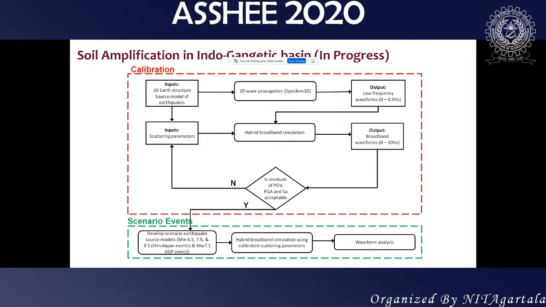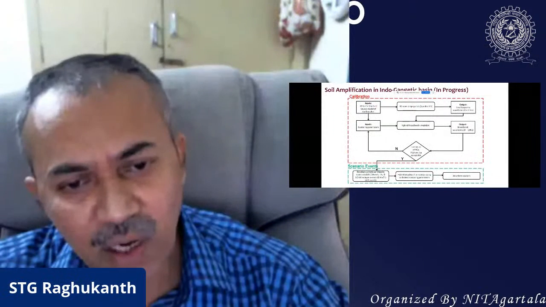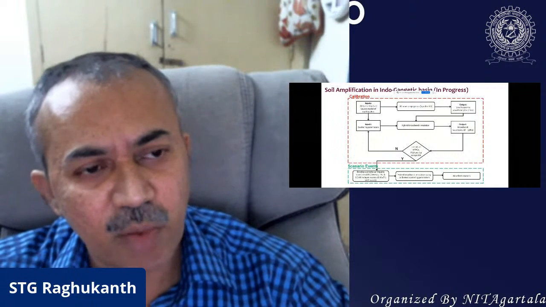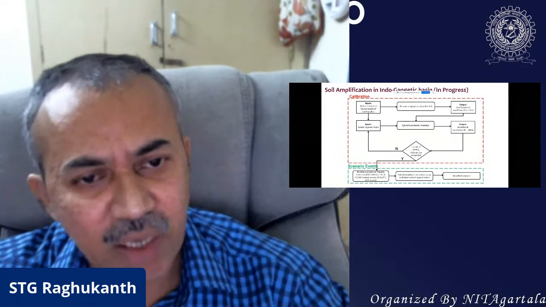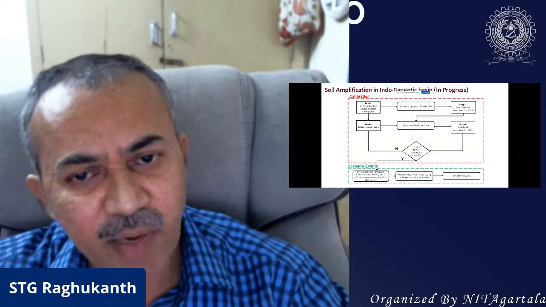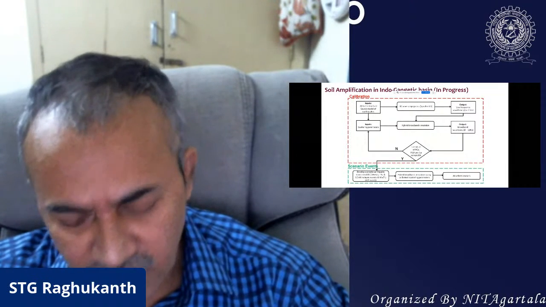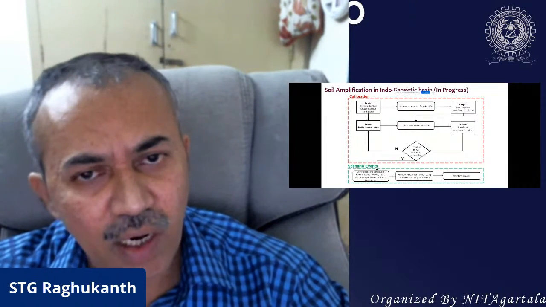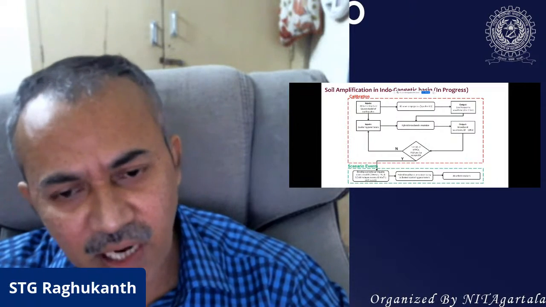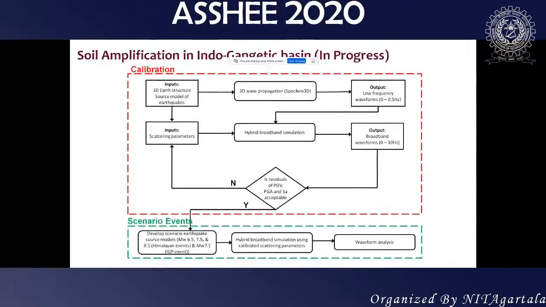So in our code committee also, they felt that VS30 doesn't work for the Indo-Ganga basin. The whole basin has to be modeled, and some numbers have to be taken up to estimate amplification due to this basin structure itself. Not only in the Indo-Ganga basin, we have the Cambay basin, the Kutch basin. There are several basins where you will see these types of basin effects, apart from the ordinary one-dimensional soil amplification. So this also we have started working on.